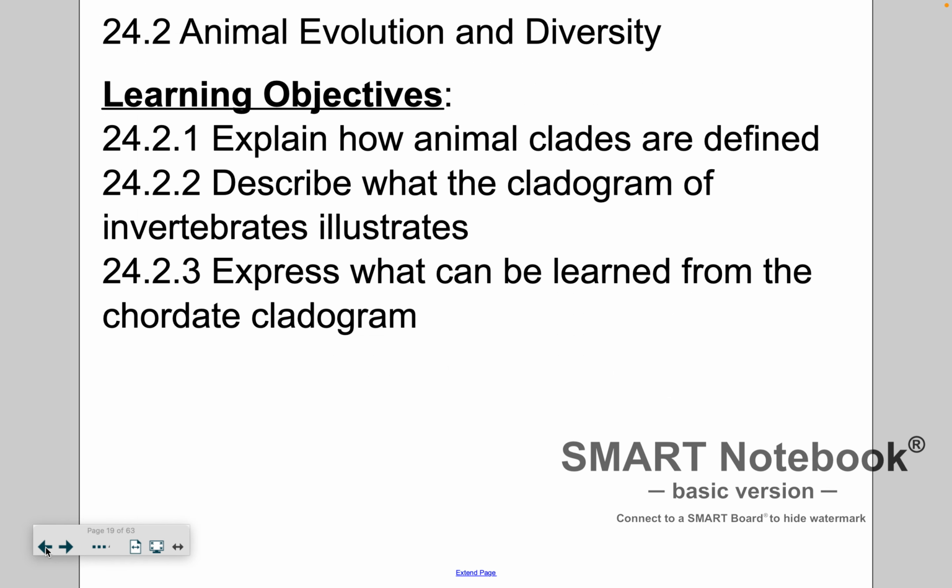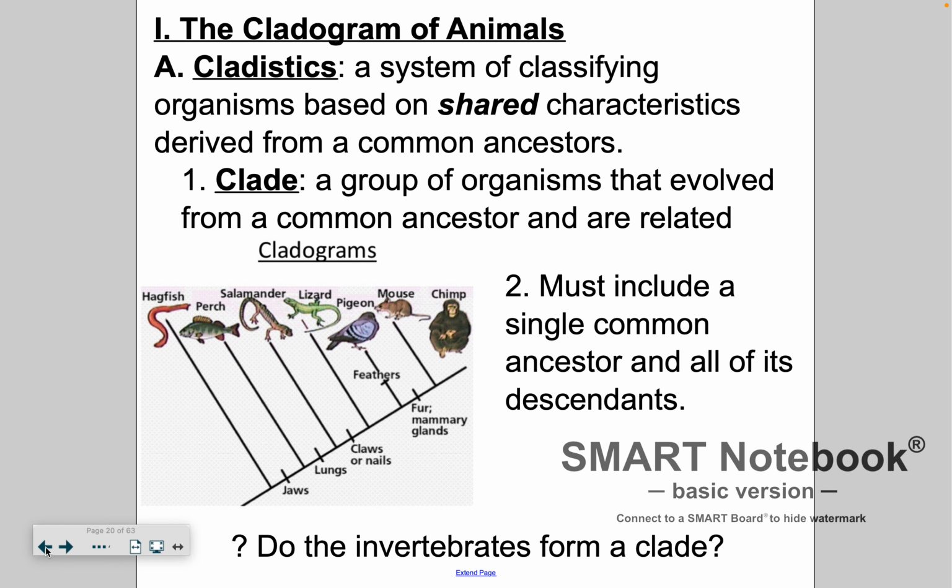In this video lecture, I'm going to be covering 24.2 Animal Evolution and Diversity. So I'm going to talk about animal clades and what they are, and then show you a cladogram, and then talk about chordates. So cladistics is a system, or basically a study of shared characteristics that have been derived from